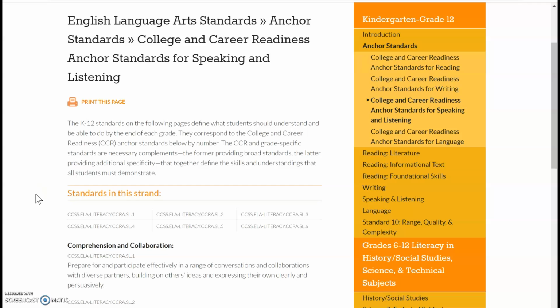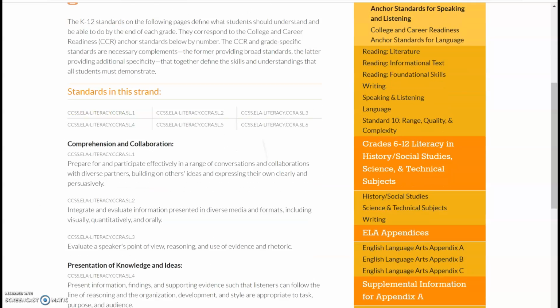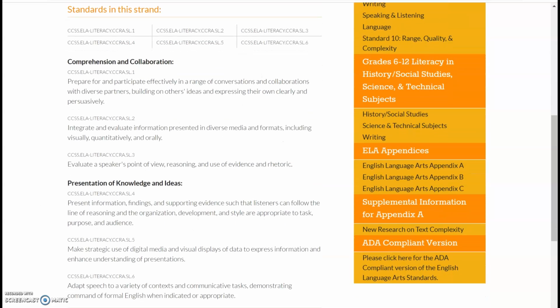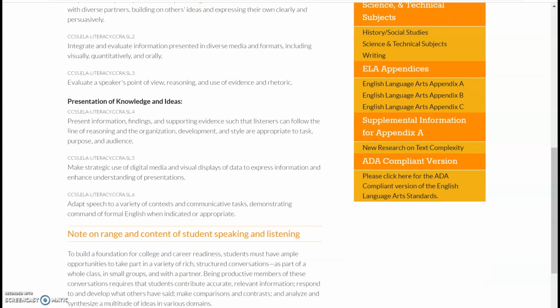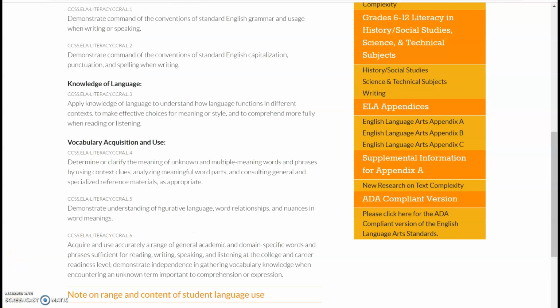We also have speaking and listening anchor standards, and all the speaking and listening standards are usually my favorite. I love promoting collaboration among students, which this asks. So you're asked to be able not only to talk with others about your ideas and how to understand their ideas, but also go into presenting your ideas using digital media or visual displays, which I think is very helpful for students as they move on in their education.